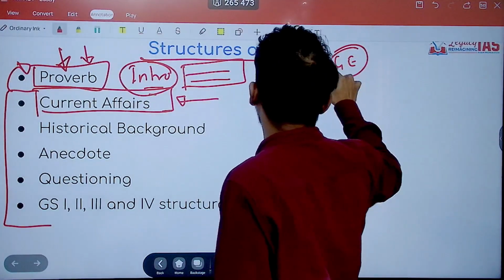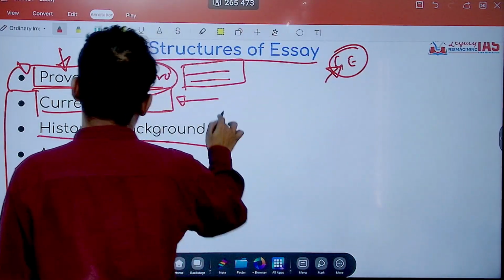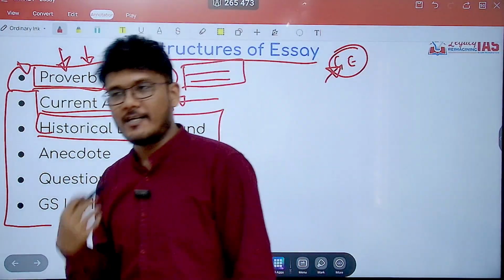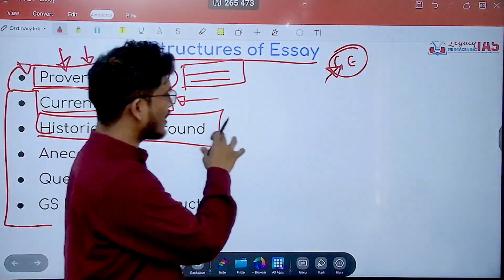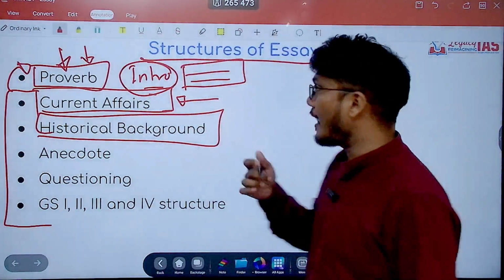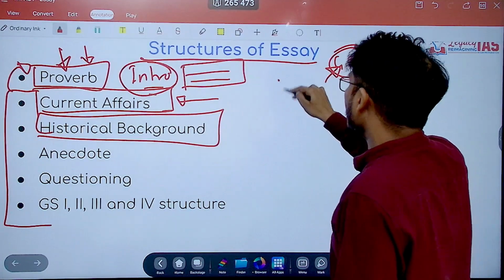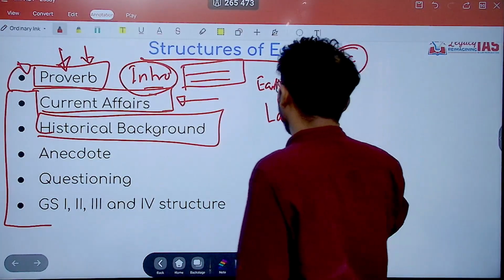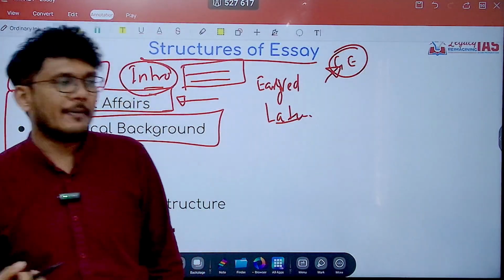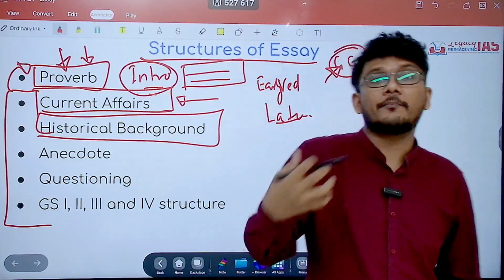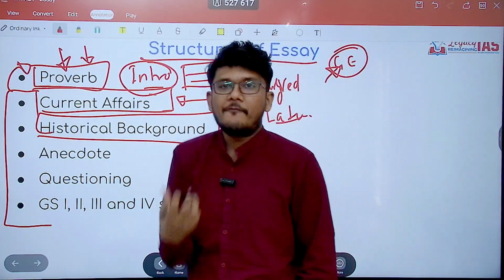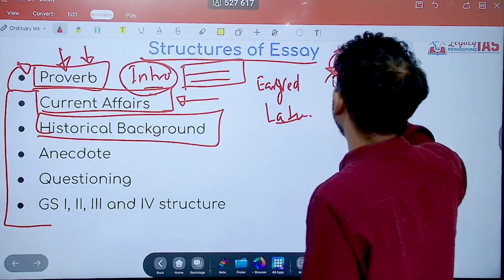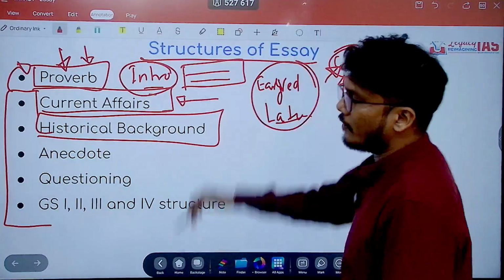Or the same topic can be started with a historical background. Historical background as in tracing the complete gender equality scenario from history up to the present situation. So starting right from the early Vedic period, then the later Vedic period, what happened, then subsequently what happened, then there was invasion, what happened during the British rule, what was the scenario, India after independence, how it was, and what is the present scenario with respect to gender equality can be your introduction.